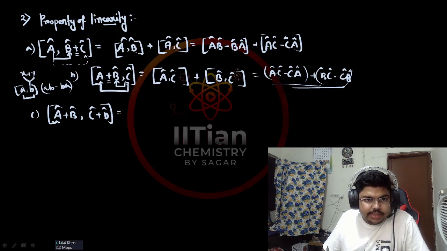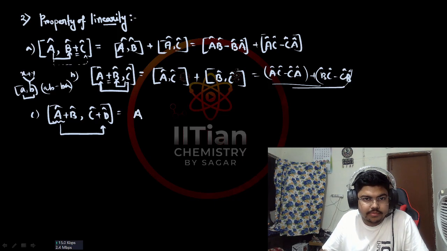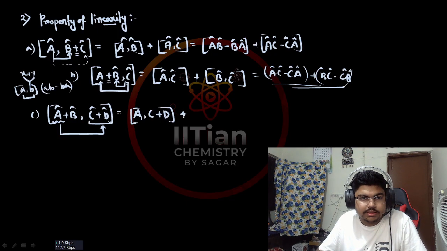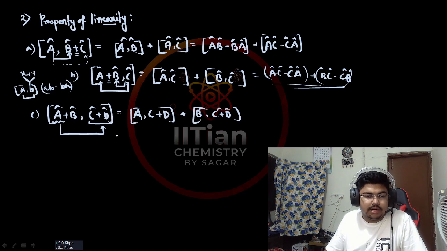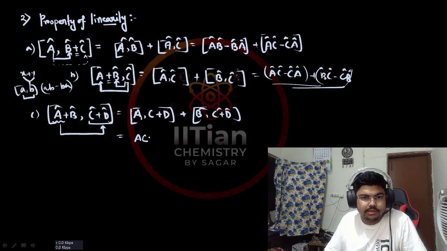So first you use A with C plus D, A comma C plus D, plus B comma C plus D, right? Now this you will further solve like A comma C plus A comma D plus B comma C plus B comma D,